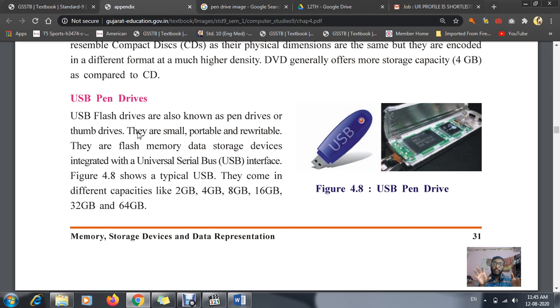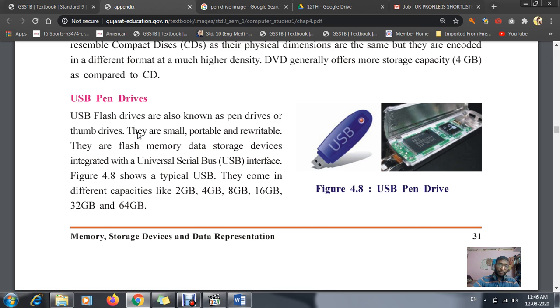But why are we not carrying a hard disk? The thing is that it is costly compared to a pen drive. It is very costly. The starting value is about 2000 onwards. That means we get hard disks at 2000, 3000, 4000. Whereas a pen drive we used to get within 500 or 1000 rupees. Within 1000 rupees we will be getting a pen drive, and that too up to a 64 GB pen drive.